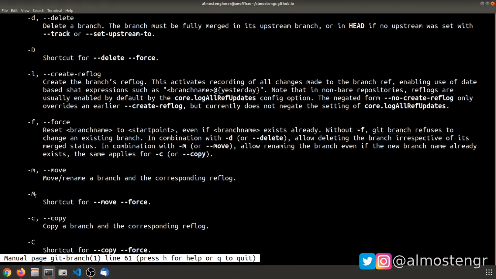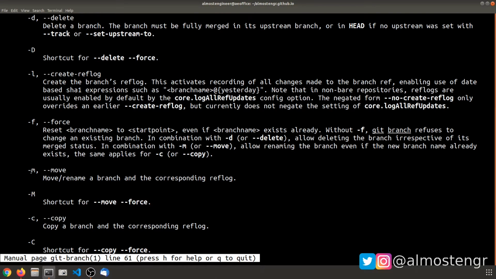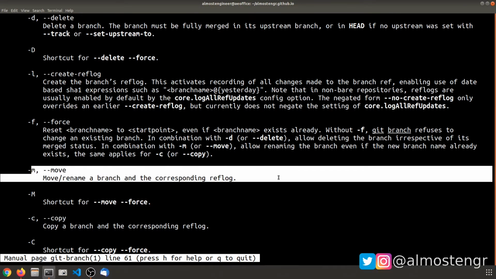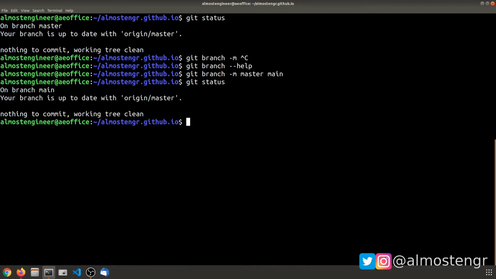If you're having issues, you can do a force move with capital M, but the standard move is with a lowercase m. So basically that's all I am going to do. So we're going to do git branch -m, and we're going to call it master, and then the new branch name will be main. And so if I do git status, as you see now, the branch is now called main,